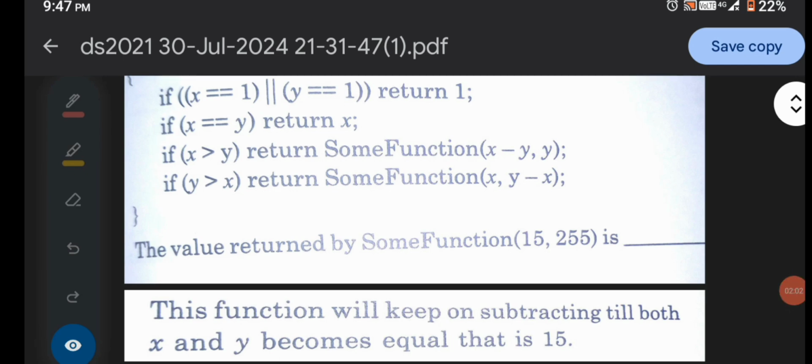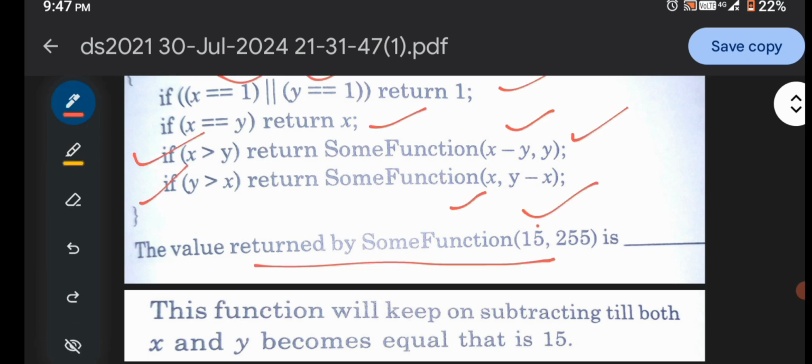This function will keep on subtracting from both x and y until it becomes equal, that is 15. So this will be true, that if x equals y, then it returns the value. Yes, it is correct.